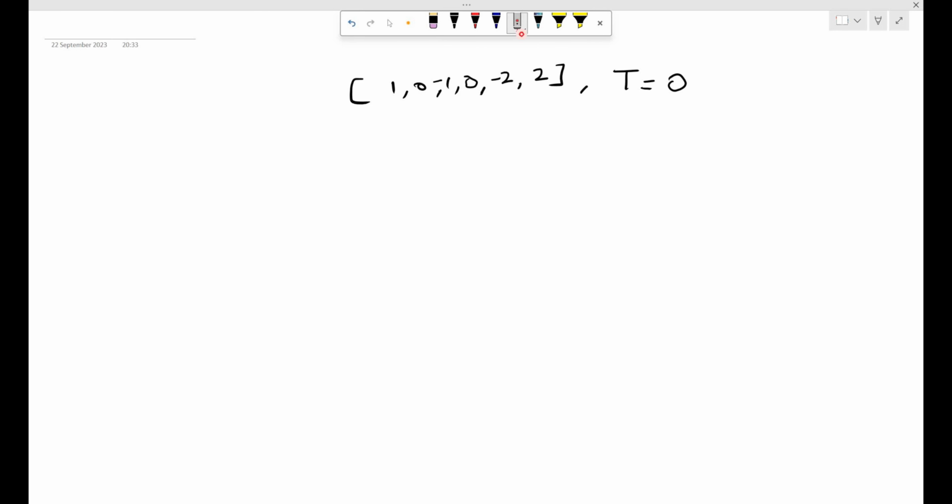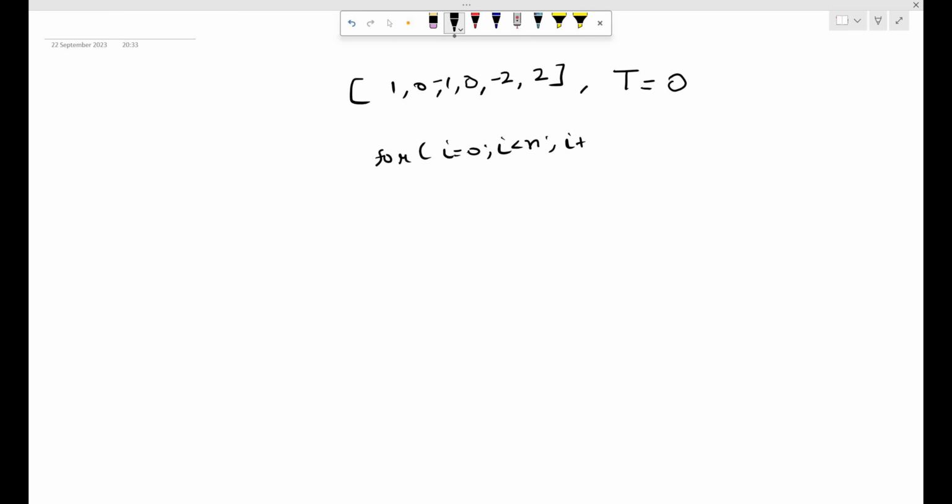Now, the basic solution can be to generate all quadruplets, and whichever sum equals 0, we can store and return, right? And how to generate all the quadruplets, we already know from the previous lecture, that we can loop for each of the quadruplet elements and then generate the sum, right? So keeping it very straightforward, what we need to do is,